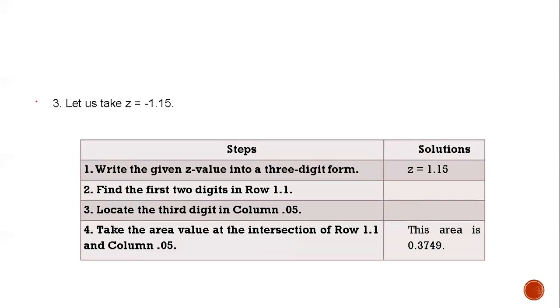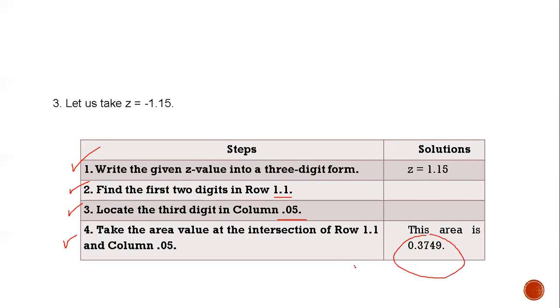Then for the last example, we're going to take z is equal to negative 1.15. So, anong meron dyan sa negative 1.15 na yan? Tandaan natin na pag negative, i-disregard lang natin. Kasi nga, yung normal curve natin is symmetrical. Nagkakaiba lang sila kung nasa negative siya or nasa positive, pero yung value as is. So, the same 4 steps. 3-digit form na siya. Then, kunin natin yung first 2 digit niya, which is 1.1. Itutugma natin dun sa third digit niya, which is 0.05. And yung intersection between them ay